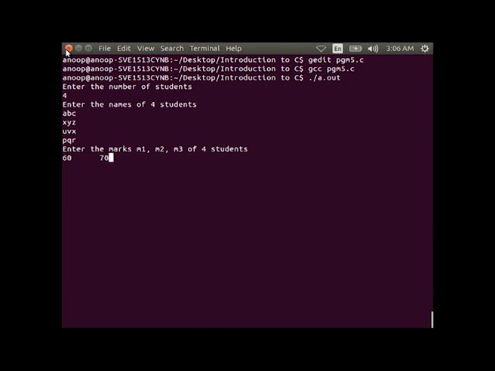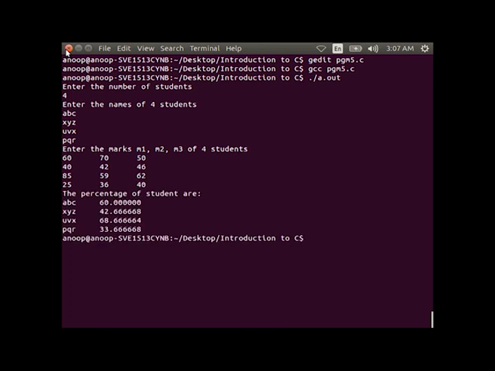Now, you give input as 60 70 50, then 40 42 46, like that 25 36 40. Then the program will give you an output as the percentage of students. For each name you will get the corresponding percentage of marks.